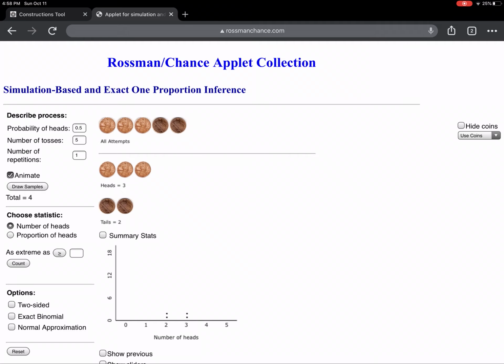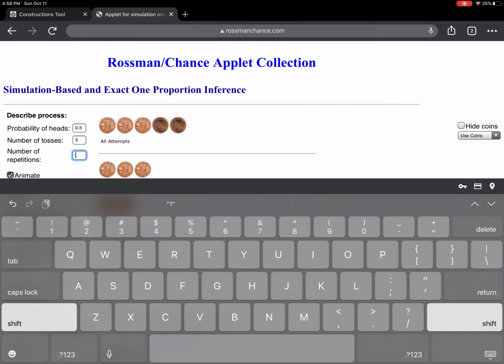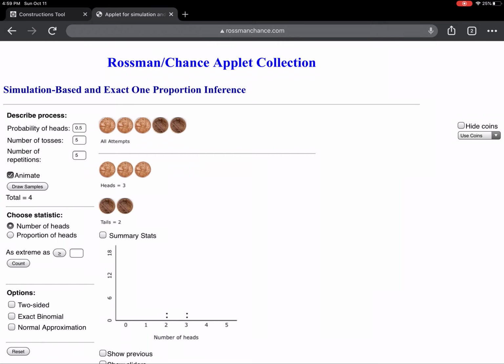So actually, let me jump it up so it's doing 5 repetitions at a time, so it'll actually build a little bit faster. So now we went to 9, and so look, we do have one weird one over here on the left, 0. Now if I go up to 14, so remember if we're flipping 5 coins, we'd expect to get about